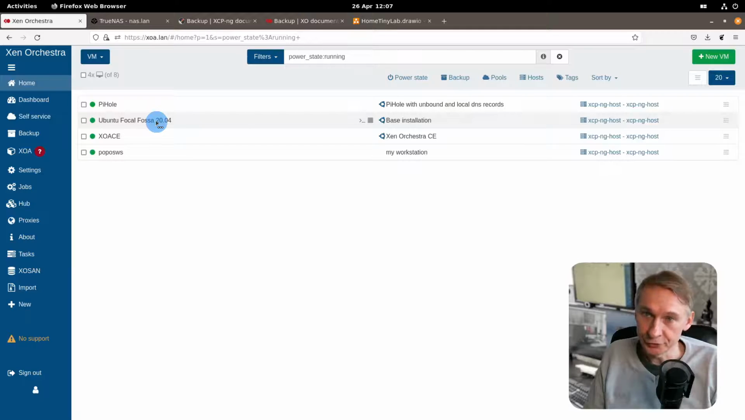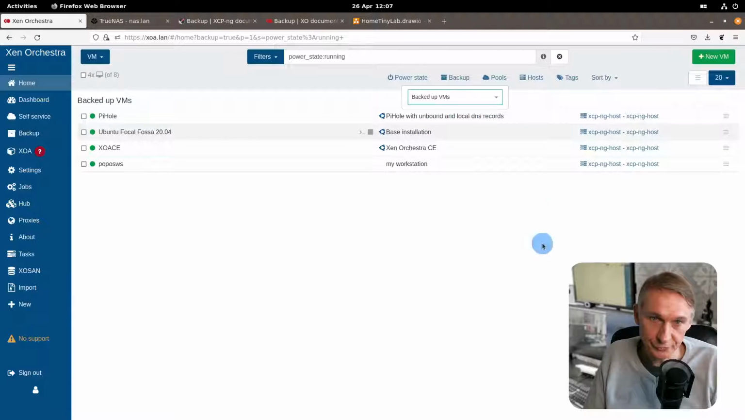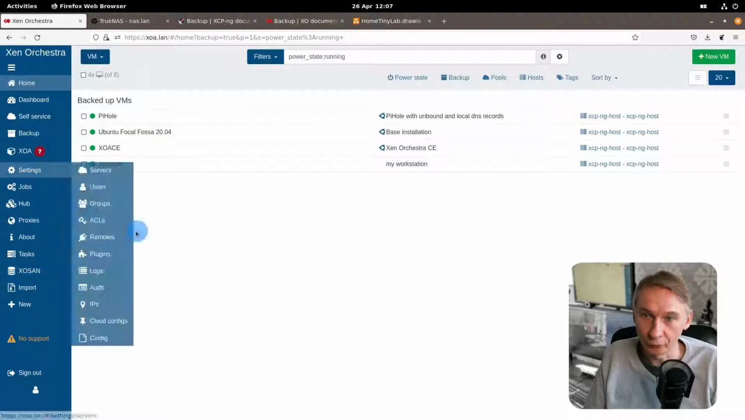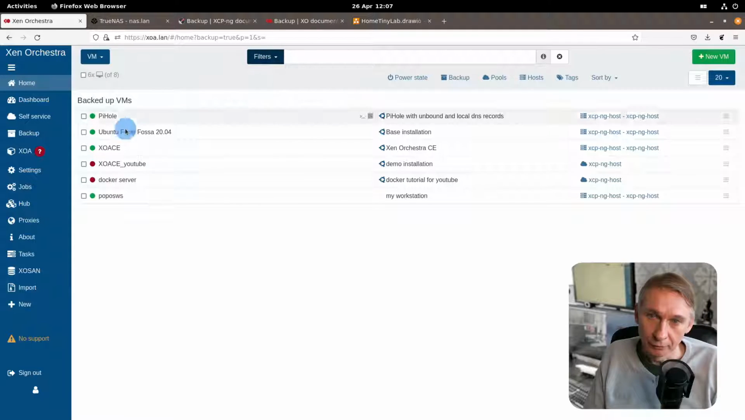So for instance, on your first page there is already a backup link. You click on this, and you click on backup VMs for instance. It will show all the virtual machines that are somewhere in a backup task already used. So you see that all my virtual machines,